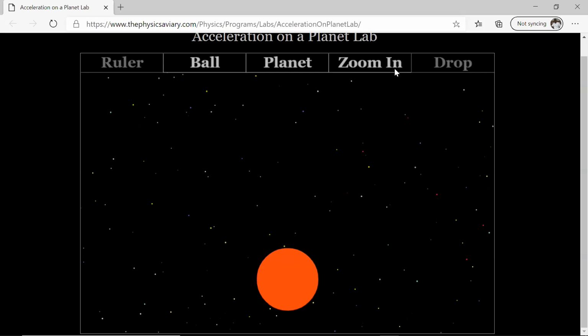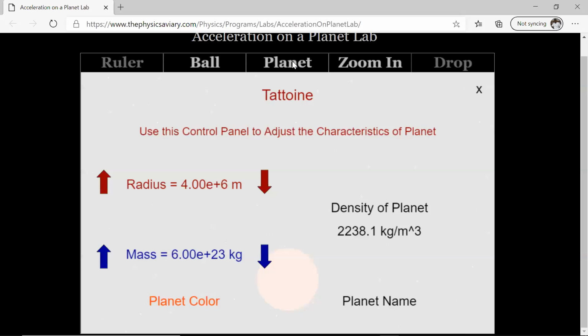So which one do we choose? We go to the planet option, the planet section. Click planet. Okay, we need to increase the mass and the radius by 1, upward arrow click. So I increase the radius to 4.5 and the mass by 1 to 7. Okay,